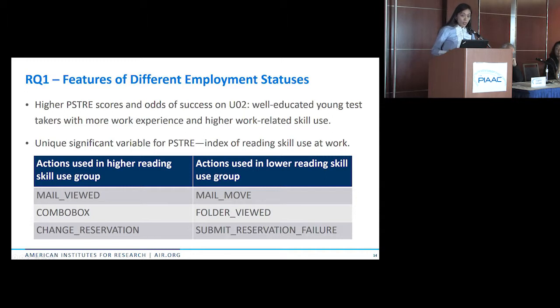Only 1 minute. Okay, go ahead, take your time. Okay, so